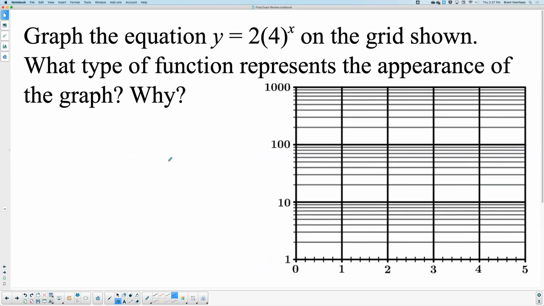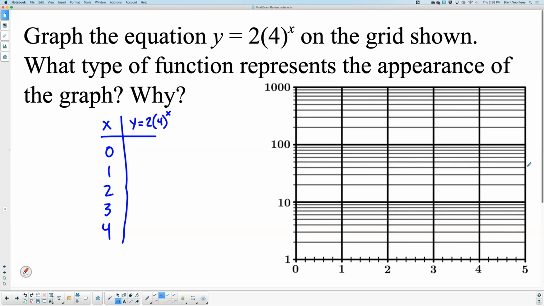Okay, so let's look at an example. What if we had to plot these points? So if I give you this, let me just create a table. How about that? And it's y equals 2 times 4 to the power of x. We'll plot maybe 4 points or so: 0, 1, 2, 3, and 4. So what corresponding y values will we get when we plug this in? What is 4 to the power of 0? What's anything to the power of 0? 1. 2 times 1 is